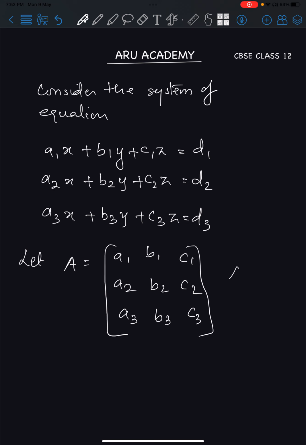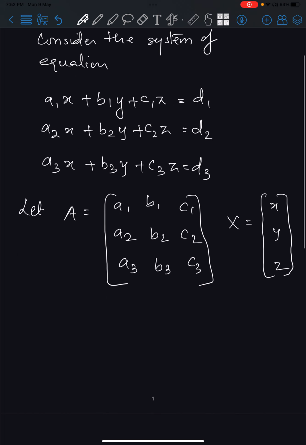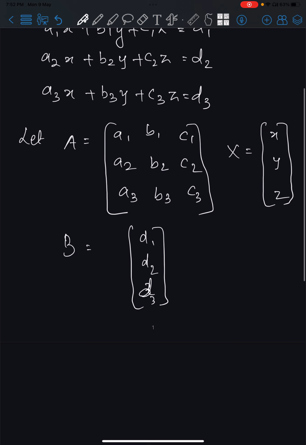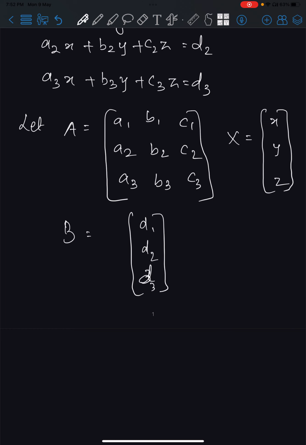And another matrix will be X, which is the variables X, Y, Z. And then we will have the matrix B, which is D1, D2, D3. Now this particular system of equations can be written as